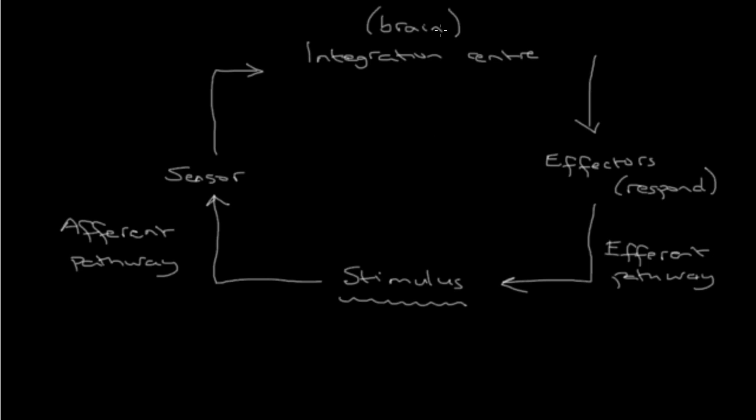The brain then makes a change of some description and then sends something out to the effectors to say you need to respond. It makes a response which then reduces the stimulus. And we can do one or two examples of this. But if we just go into a little bit more detail again with that,